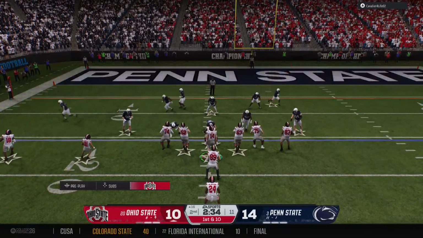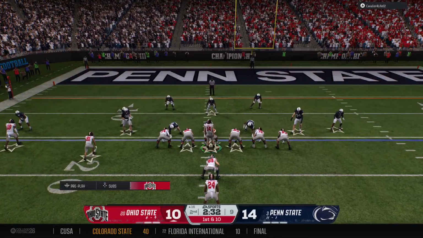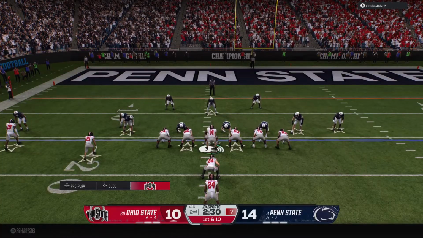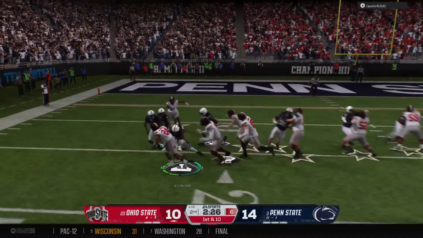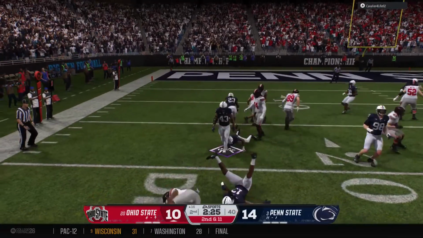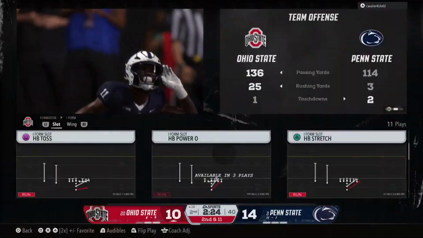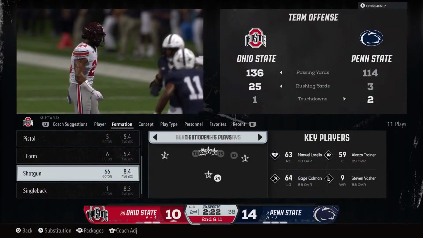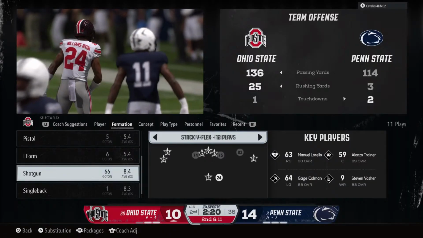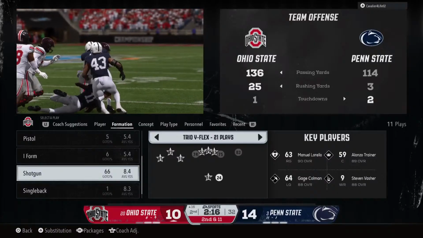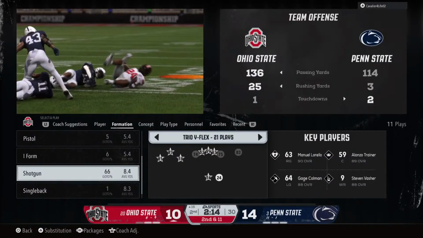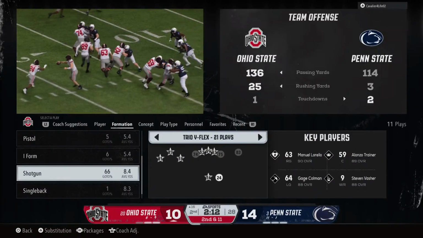Buckeyes pick up enough yardage to get a fresh set of downs. Keeping it on the ground here. Zero running room. Stopped right at the line of scrimmage. Now you see this with a lot of backs. There's a tendency to want to try to bounce it to the outside. Now sometimes the play calls for it, but you know the coaches are telling them to follow the blockers and execute the plan.